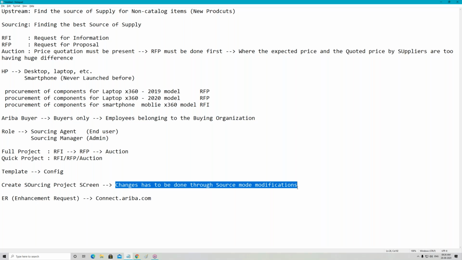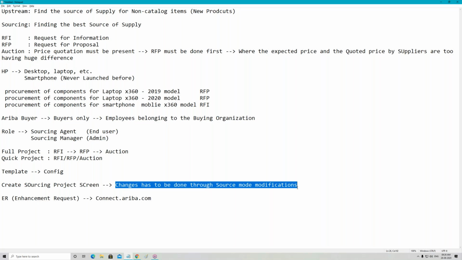Now, if there is no other solution other than changing the source code, then that is a candidate for an enhancement request. In most of the projects where I've worked, the maximum enhancement requests I've seen was 40. On average, I try to keep it around 25 to 30. It has never breached the 40 mark, but I have seen many projects where I've gone for auditing, ranging around 100, 105, something like that.